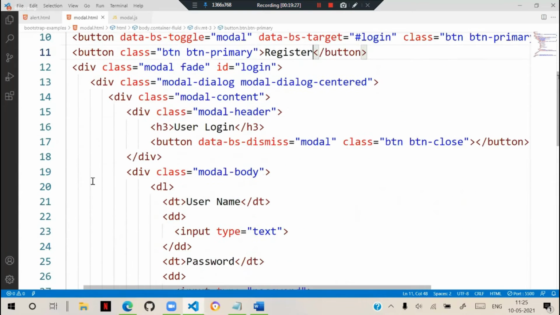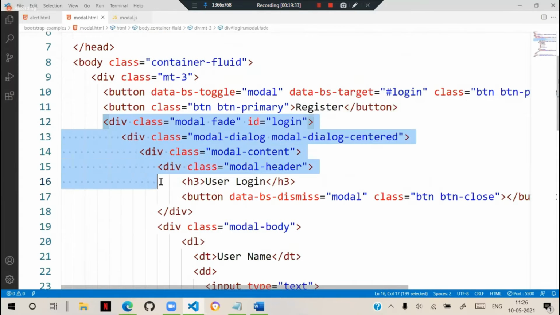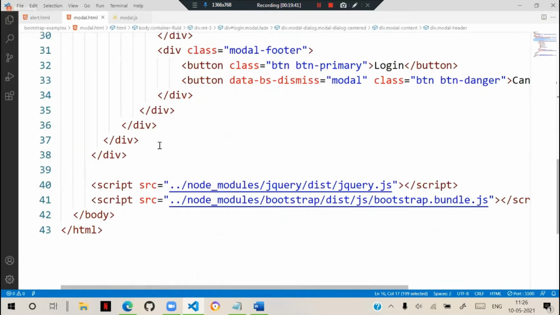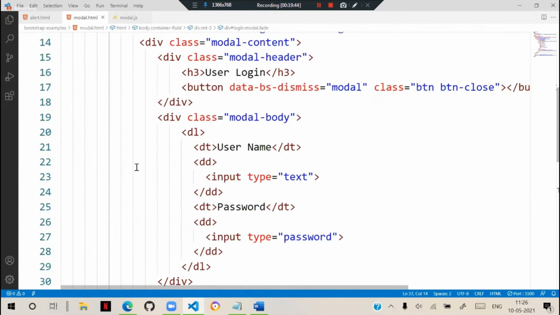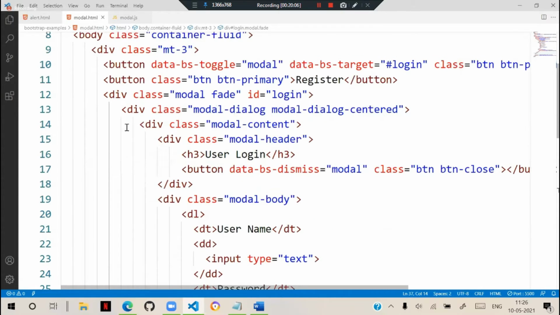So this is the login model we have, and we want to design another model. So we need to configure another model, which we can keep here, after this model is finished. Actually, nested models are deprecated. Bootstrap will not support any nested model, a model inside another model. Earlier people had to design them, but they don't recommend creating nested models anymore because they cause a lot of user interface problems. That's the reason you need to configure this directly.